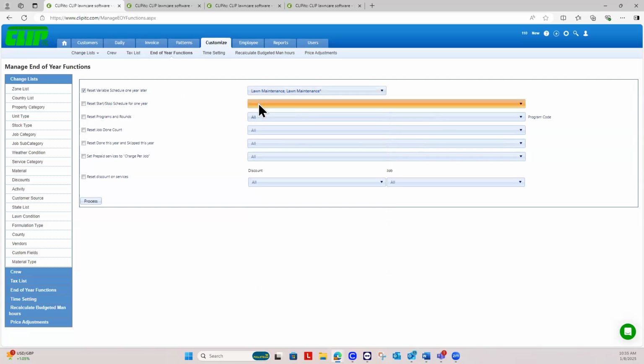And each of these drop downs basically would be the job or jobs you want to focus on for this end of year function. Okay. So that's the first one here. The second is reset stop schedule for 1 year. The variable schedule is used, I'd say, by a significant number, maybe not the majority, but a significant number of CLIP users. Start-stop schedule is much less commonly used, but for those who do use this, and we'll look at an illustration in a moment, for those that do use this,